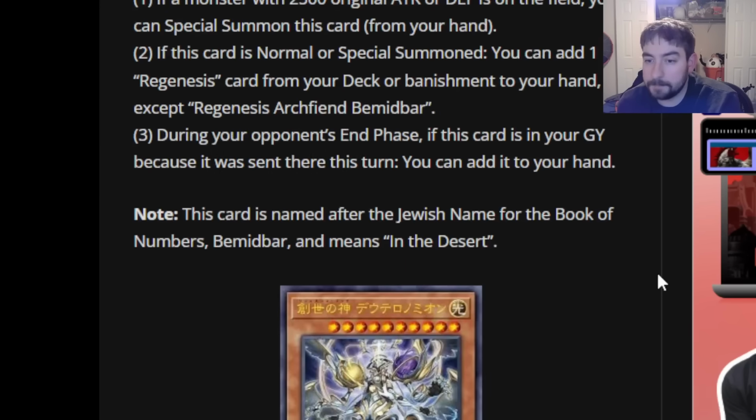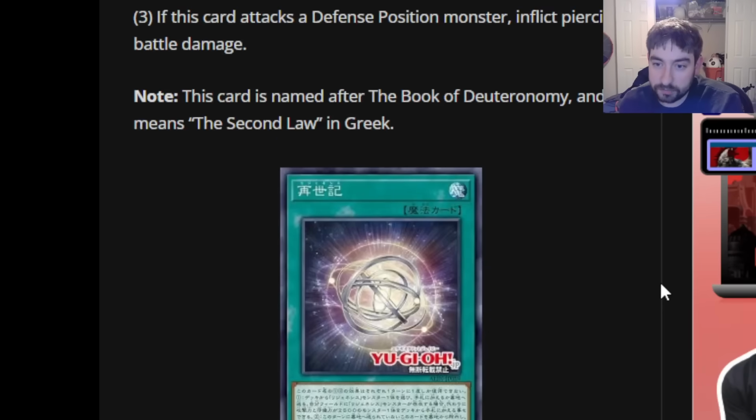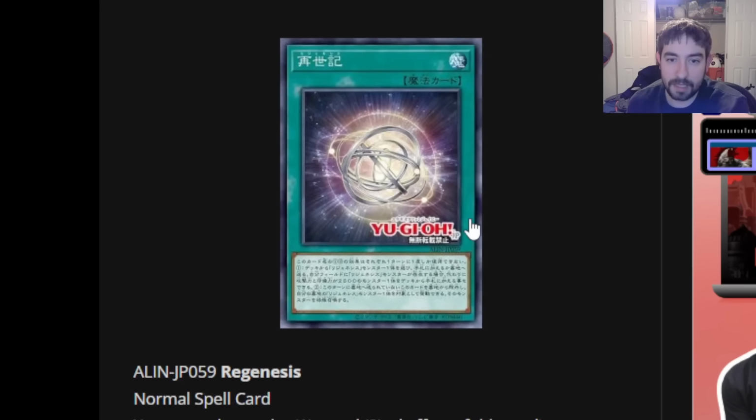So, cool. Listen, I'd have to do more digging. The biggest question here is that this deck has very few starters, right? This first effect, not even a starter, right? It adds a Regenesis, but none of them can summon unless there's a 25 on field. So even this card reads like a Rhoda, a good Rhoda, and a searcher for anything in the deck. The deck doesn't have any